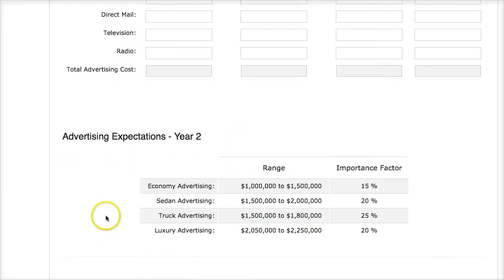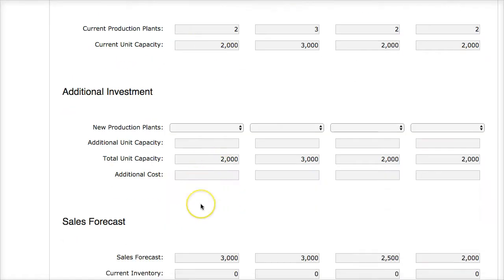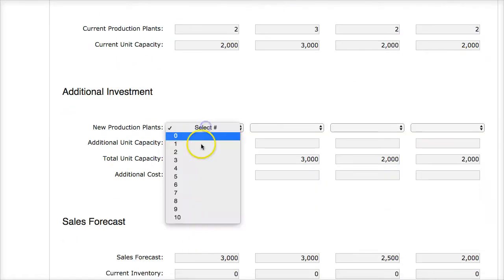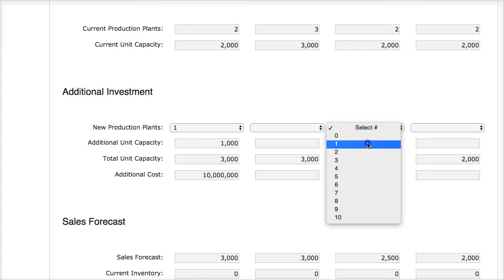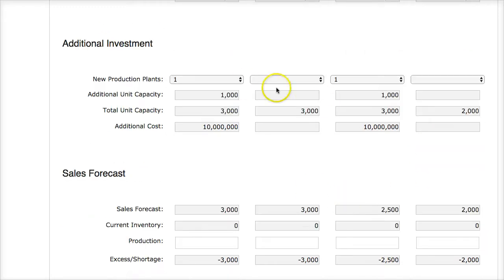I'm going to pause this while I do this because it takes too long, and then I move right into production. Now I'm in production, and I see that with my forecast here, I'm going to have to buy some plants, and this is going to lower my capacity utilization in the 2 plants I'm buying. This one I'm actually meeting 100% of my capacity, because my capacity is 3,000. I'm building 3,000. The same thing here.